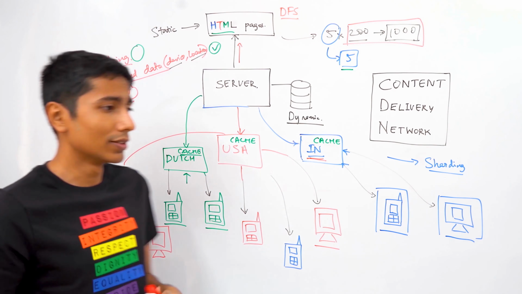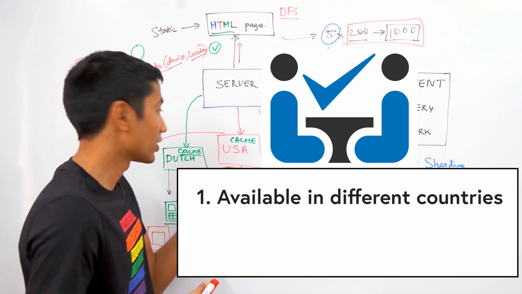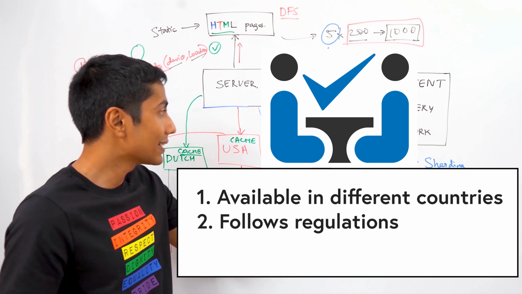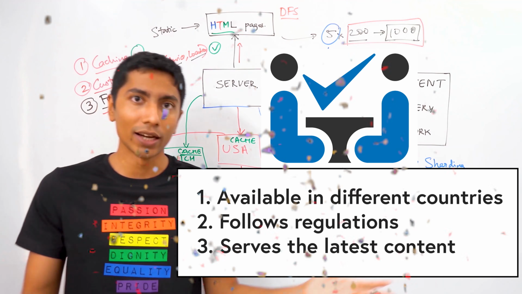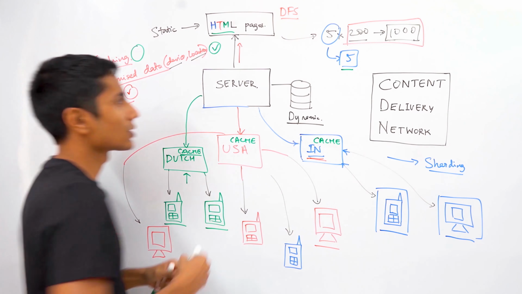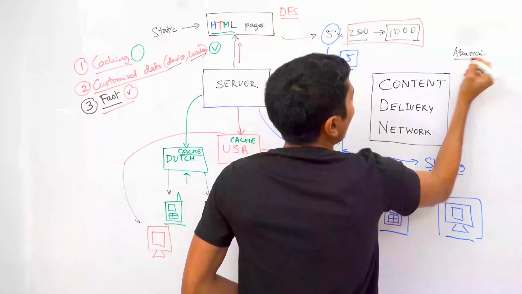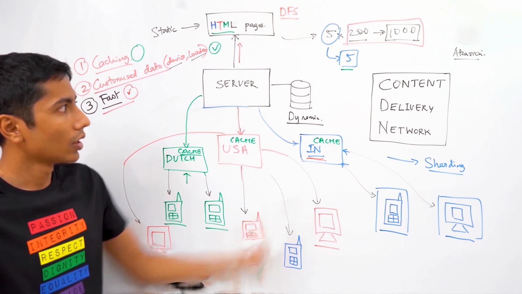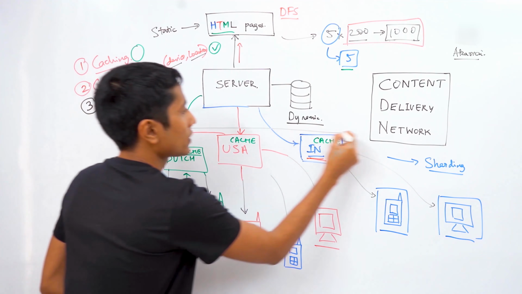Now, as a small company like Interview Ready, how do you afford to build caches in different countries? How do you make sure that the regulations are being followed? How do you make sure that these are invalidated at the right time? People have already done it. If you have a look at certain specialized solutions like Akamai, what they provide is a content delivery network. A content delivery network takes care of all of this stuff,